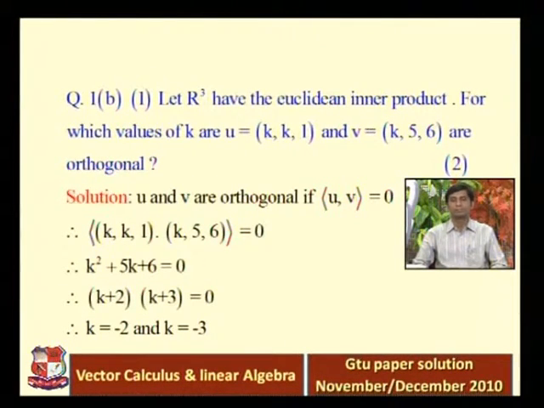So we want to find the value of k. Now u and v are already defined, so the inner product of u with v is equal to 0. That means the inner product of u, (k, 1, ...), with (k, 5, 6) is equal to 0. Now here we have to use the Euclidean inner product. So inner product means just simply dot product, right? So the dot product of (k, 1, ...) with